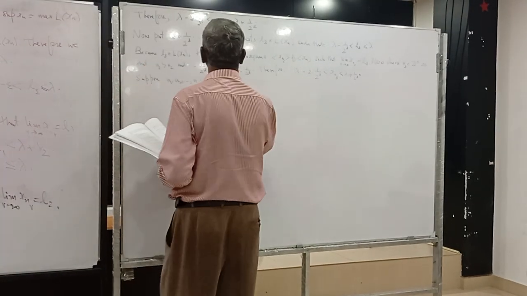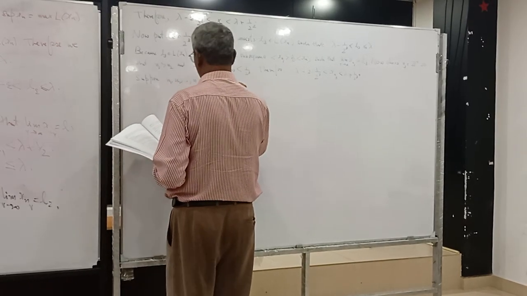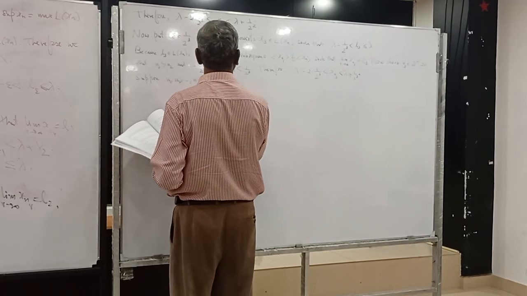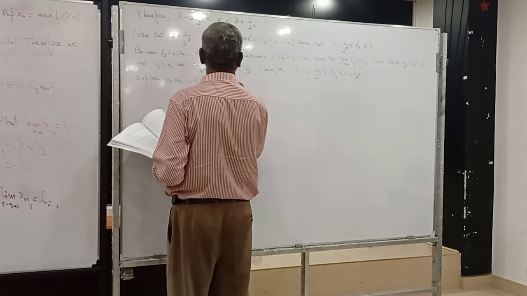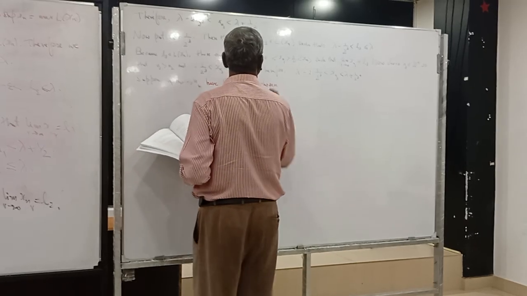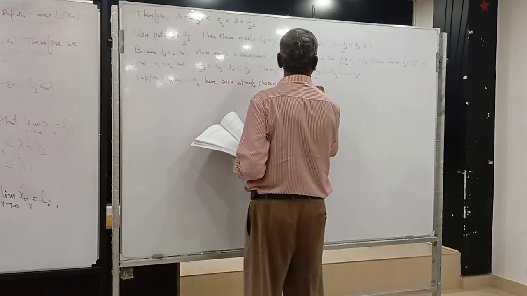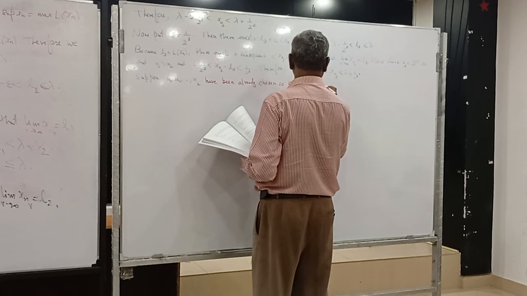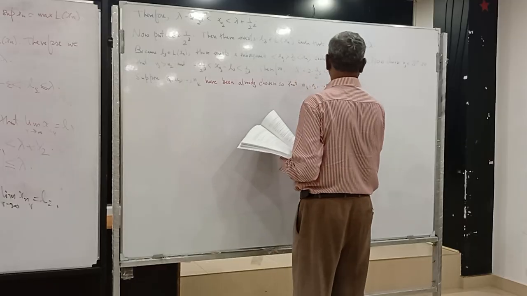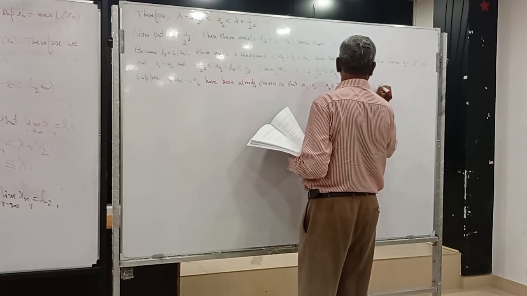Have already been chosen, so that N1, N2, ..., Nk belong to Z plus, N1 is strictly less than N2, strictly less than ..., Nk,